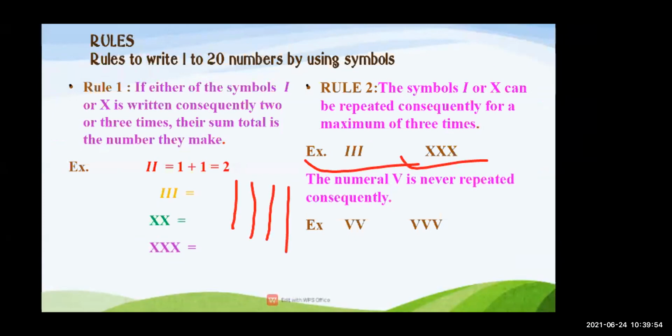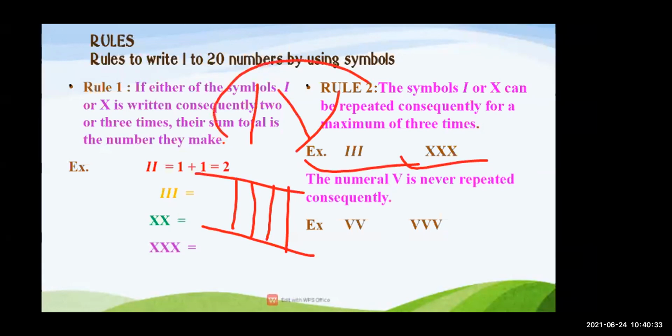Now, if I write I, how many times have I written I? Write the answers in the chat box. 4 times. So, is it our Roman numeral for 4? No, it is wrong. So how should you write 4? I have explained the first 5 Roman numerals. Very good, Sanika. You will write 4 as I and V.